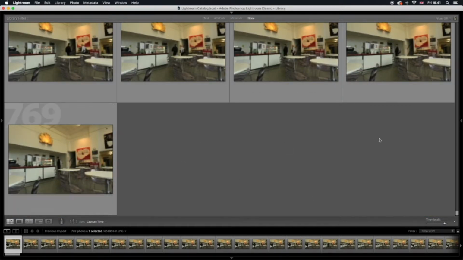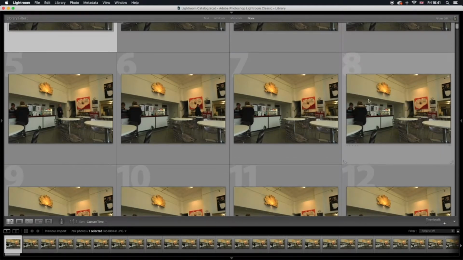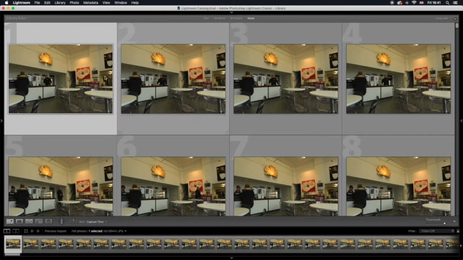You can see we're going from file number 1, which is here, all the way down to file number 769. Okay, I am going to make some adjustments, because if you look at the colour, I had a Kelvin white balance on, set at 5700 Kelvin, which is a good daylight balance. But obviously with the fluorescent lights in the coffee pod, there's a bit of yellow there. So I'm going to click on the first image, and just the first image,